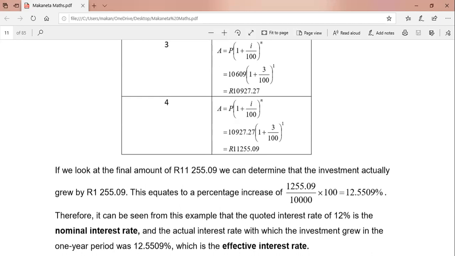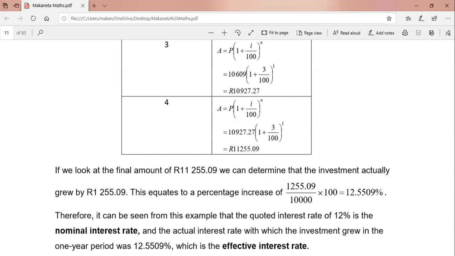And as you move now from the beginning of October to the 31st of December, which is the last quarter now, your accrued amount in the third term becomes your principal amount in the fourth term now. So the last quarter, your accrued amount in the third quarter becomes your principal amount. And in the same way, you put it into the equation, and as always, you divide 3 by 100